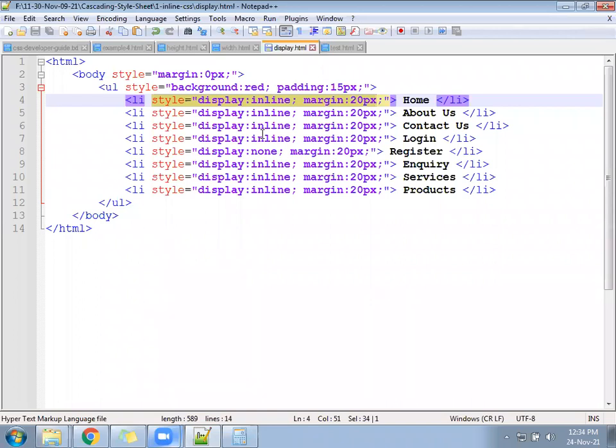So inline, internal, external, all four methods we have. By default, inline has the higher priority. After inline, internal has the higher priority. After that, external has the higher priority. And the last priority goes to import. So first inline, second internal, third external, fourth import. That is the default priority. You can prioritize also. You can say import, you are on the higher priority, and the others will not apply; only the import one, the last one, will apply.